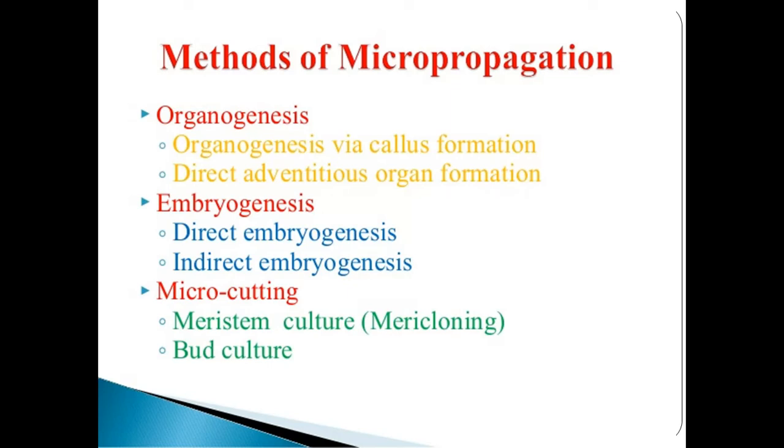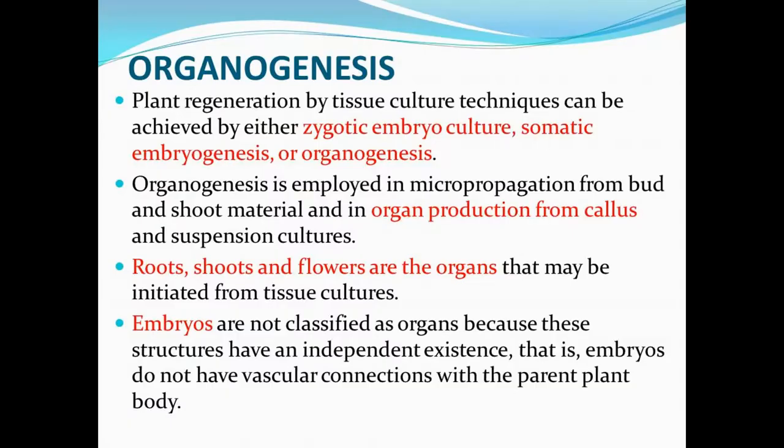Now what is meristem culture or bud culture? Meristem culture is used in vitro for the elimination of viruses and related pathogens from a large number of vegetatively propagated plants, and it is the main method used in virus elimination programs. And bud culture uses active meristem depending on the physiological state of the plant, and there are two types of bud culture, single node culture and axillary bud culture.